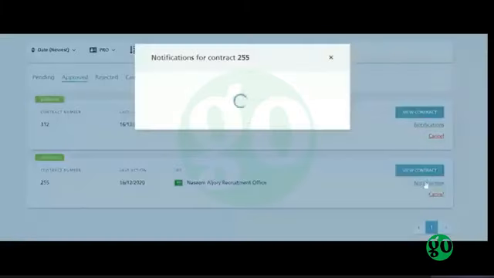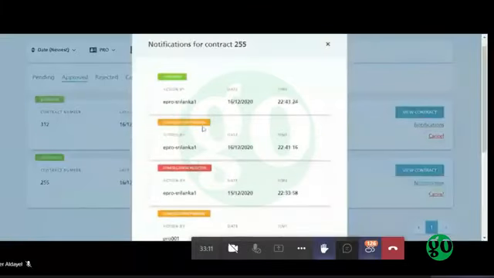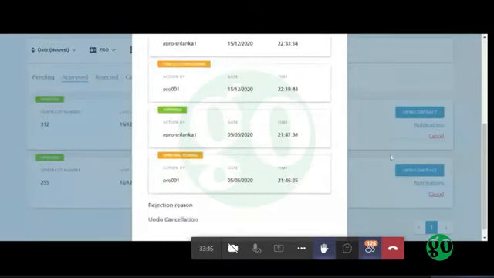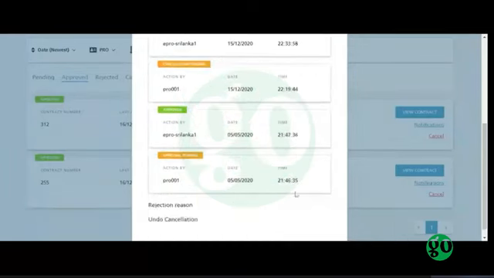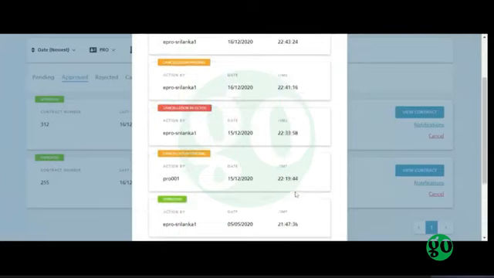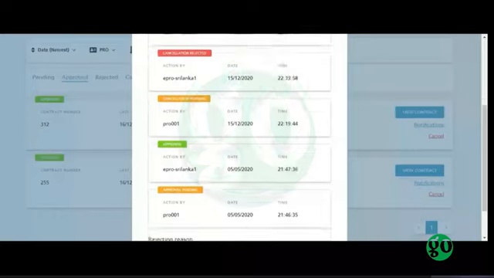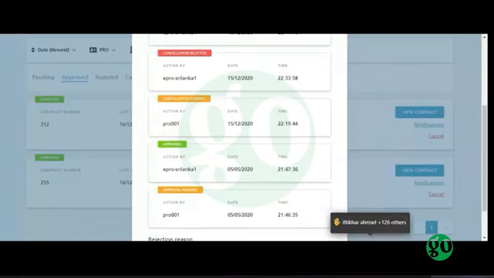The EPRO user can view the history of all the statuses that the contract has been through by clicking on the notifications button. The user can then view the statuses of the contract starting from the first status at the bottom. The contract status started with approval pending, and it was sent by PRO at a specific date and time.